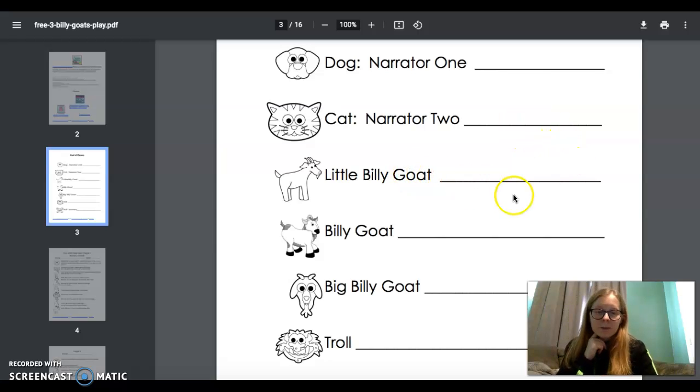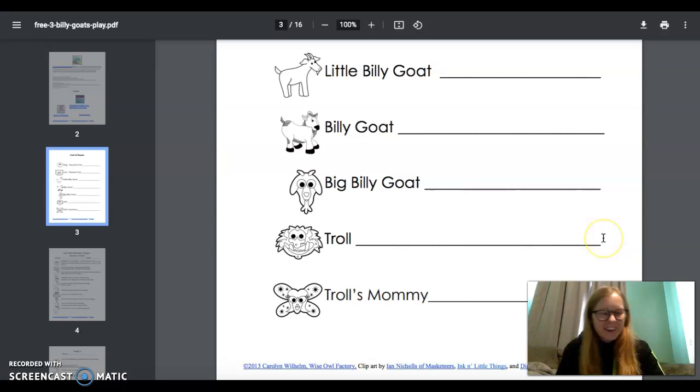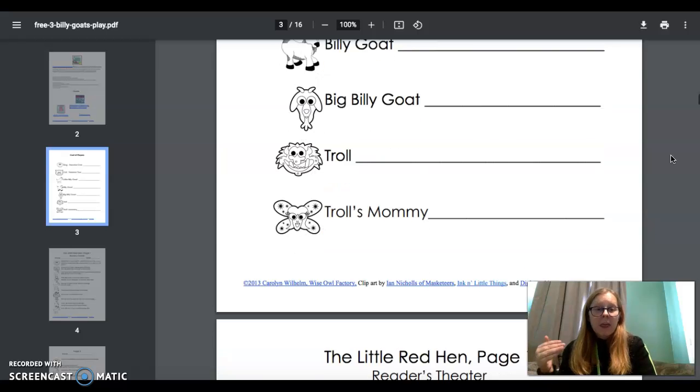Little Billy Goat's going to be Lily. Billy Goat is going to be Kaya. Big Billy Goat is going to be Anne Marie. The troll is going to be Caden Thorne. And the troll's mommy is going to be me, Miss Hay. So I would give everybody a part, and when it came time for that character to read, that person would